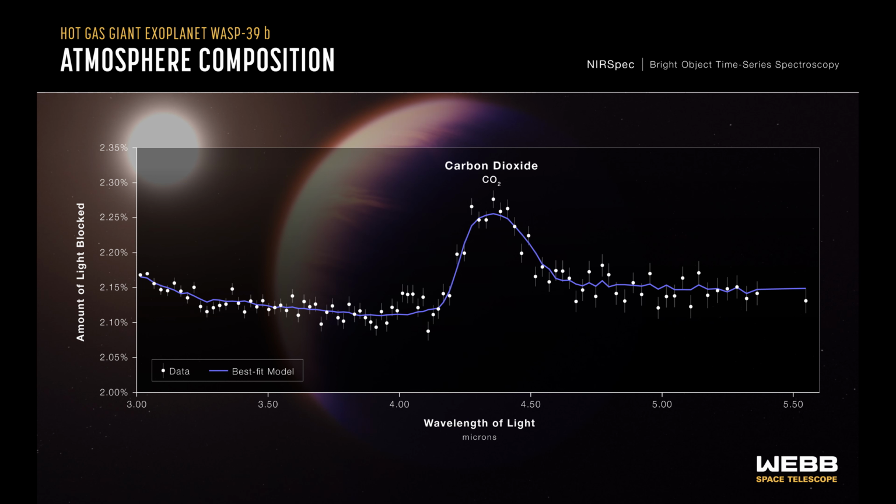The observation was made using the NIRSpec Prism Bright Object Time Series mode, which involves using a prism to spread out light from a single bright object, like the star WASP-39, and measuring the brightness of each wavelength at set intervals of time. WASP-39b is a hot gas giant exoplanet that orbits a Sun-like star roughly 700 light-years away, in